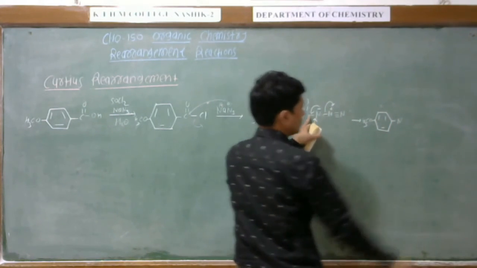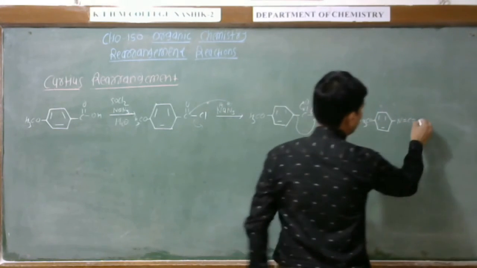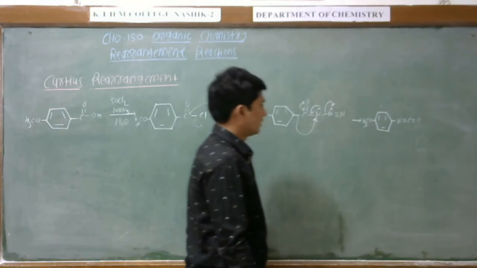This nitrogen is attached to a double bond carbon, and this double bond carbon has the next carbon group,